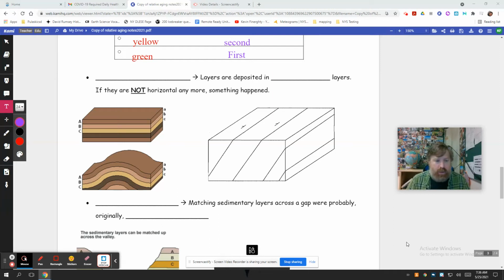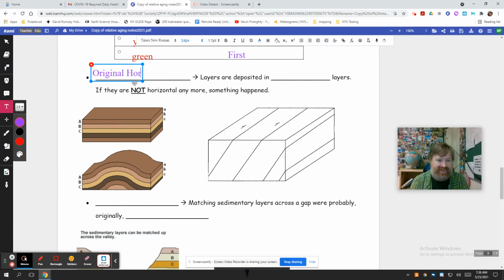All right, the next one is, and welcome to science, of course. The next one is an even bigger, fancier name: original horizontality. Anything like that? I like it. Original horizontality. All right. The idea here is that layers tend to be deposited in horizontal, I want to